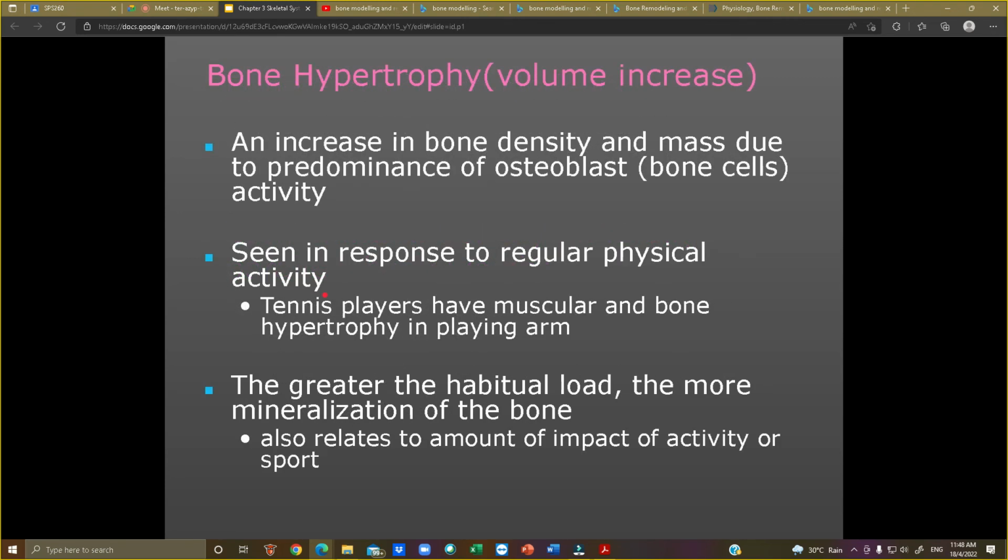Okay, and then we have bone hypertrophy, the increment of bone density. Increase in bone density and mass due to predominance of osteoblast. Predominant of osteoblast modeling. So bone hypertrophy is modeling action. When we put a lot of force, a lot of strain towards our bone, up until the point where the threshold of load is overcome, and then modeling occurs. Dapatlah kita hypertrophy, tulang kita menjadi semakin berat, semakin besar. Okay, that is